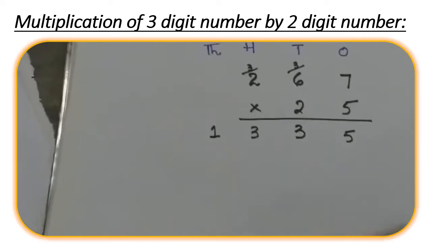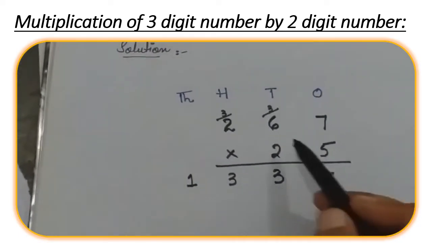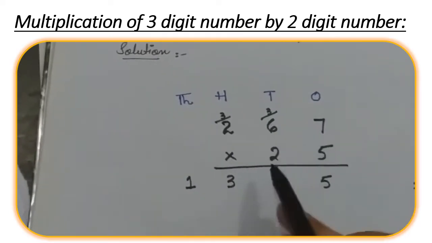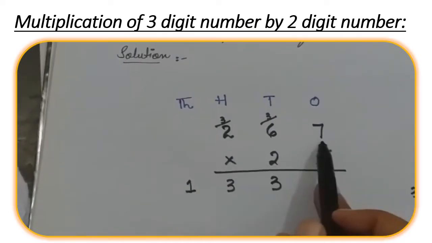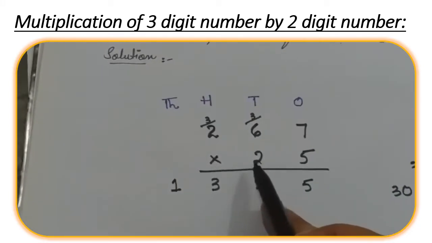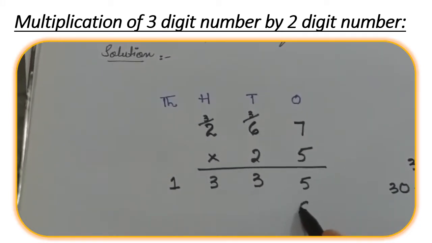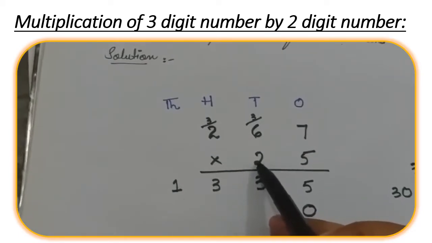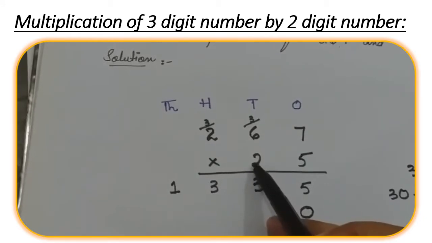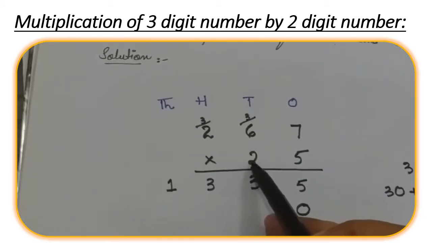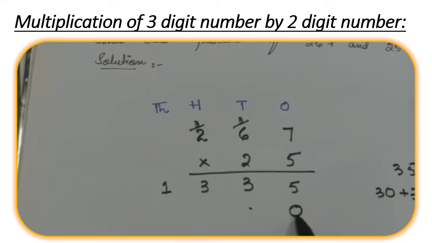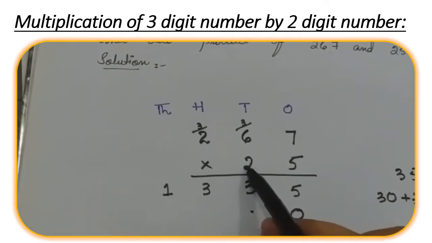Now we have done our step number 1. In step number 2, as I told you, we will multiply 2 by each digit of the multiplicand. Now 2 sevens are 14. But before starting our step number 2, we will place 0 here. This is because now we are going to start multiplication from the tens, from the digit which is placed in the tens column. So its answer will also start from the tens column, and in the ones column we will place 0. Now starting, 2 sevens are 14.